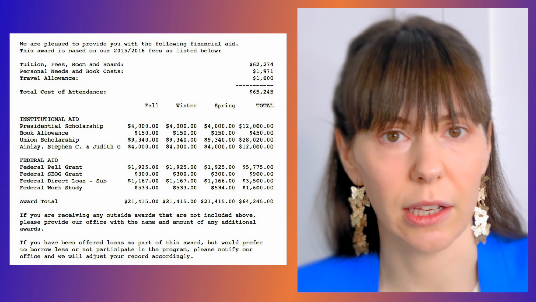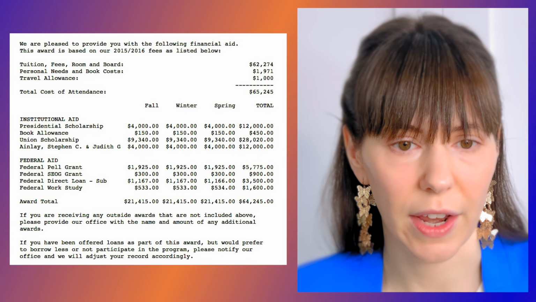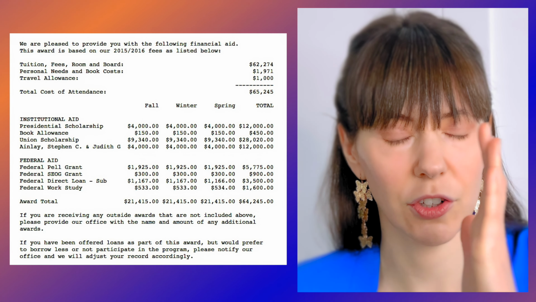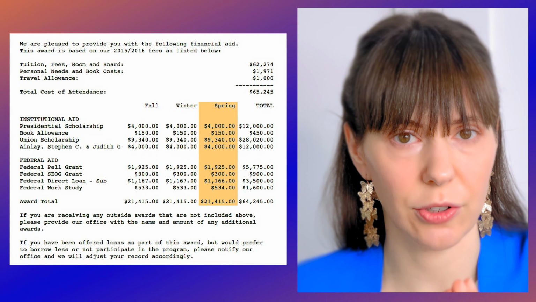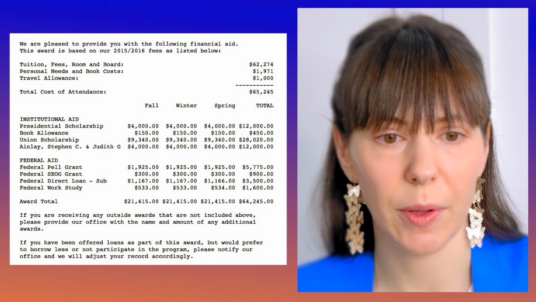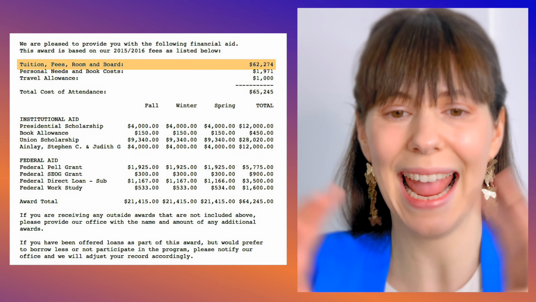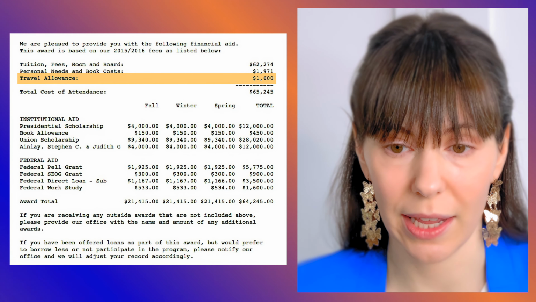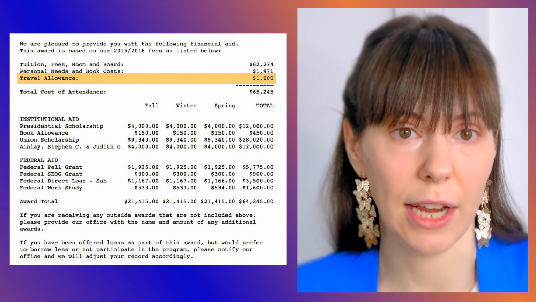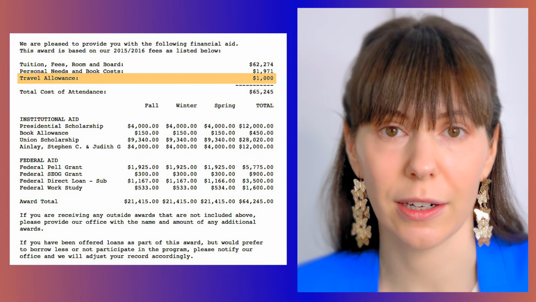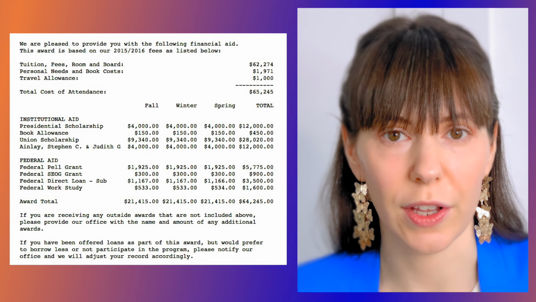Okay, so let's get to some financial aid letters. This first financial aid letter I want to show you is from a student that I had a couple years ago. She went to Union College, which is on the trimester system. The financial aid letter is laid out in terms of 3 semesters as opposed to 2. No big deal. So when you look through Gabby's financial aid letter, you'll see up at the top that we have tuition, fees, room and board. So that is everything that it will cost. They also give her a book allowance and a travel allowance, which is pretty cool. This particular student I know lives in Florida, and $1,000 travel allowance to and from Schenectady, New York, probably not gonna cut it. So those are things that you want to keep in mind.